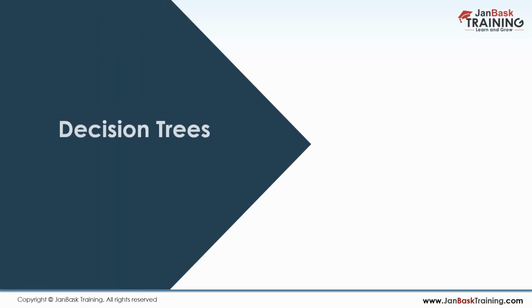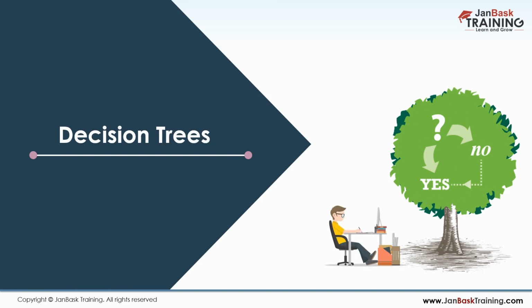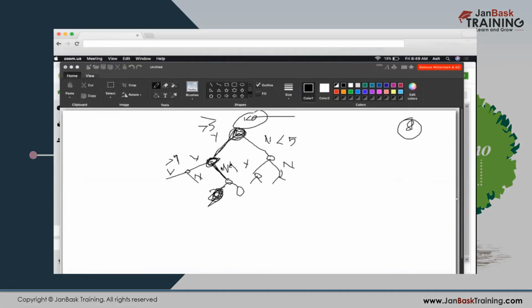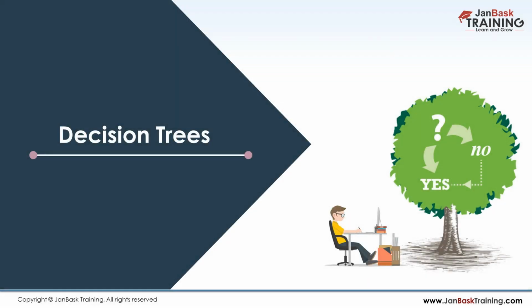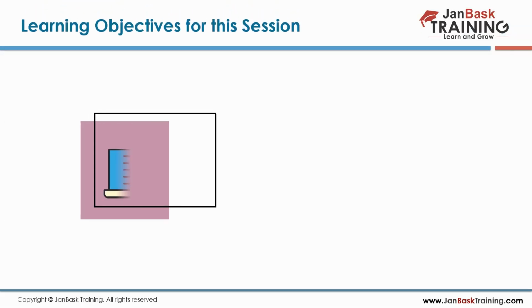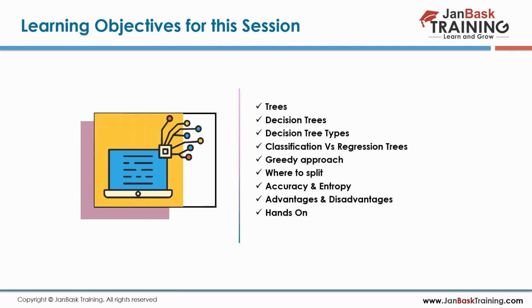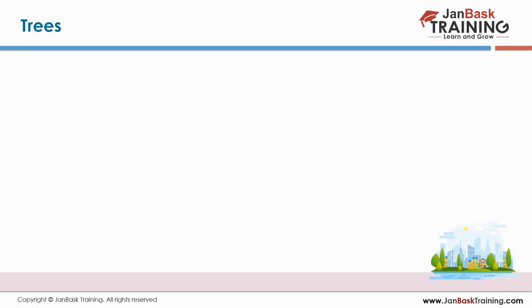We have started with the decision tree. As I explained here, at every node you have to make a decision, and that node will give you an output, like yes or no, or 0 or 1. And how to build the condition for that, we'll see later with our algorithm. What we are going to learn today: regression, accuracy, entropy and all.